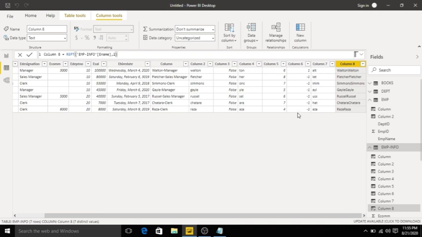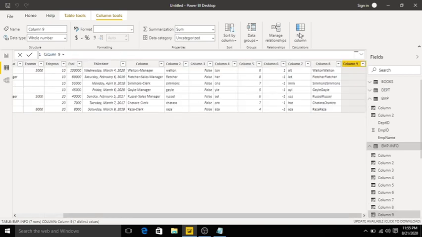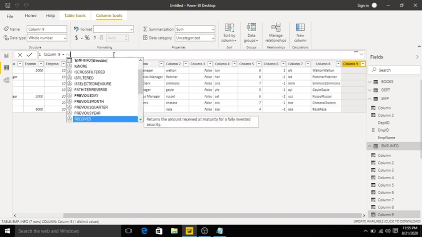We have another function called replace. Replace will return a string; wherever it is there, it will replace with another string. Click new column. I will replace with employee info of ename.